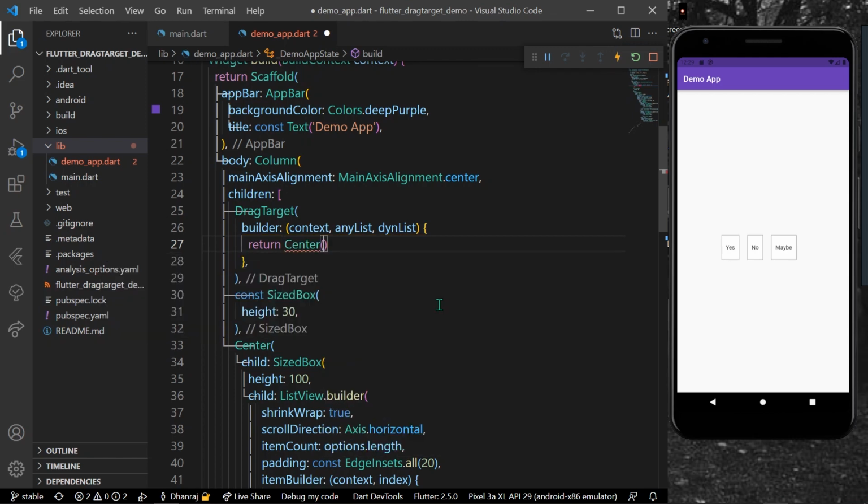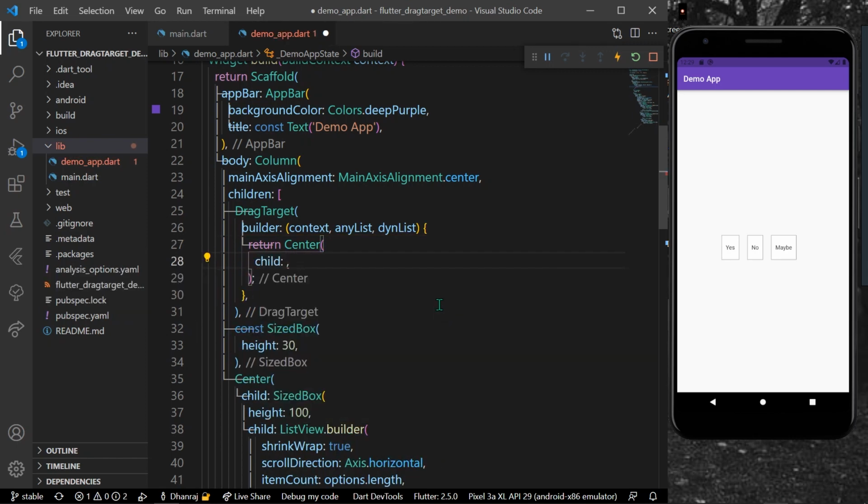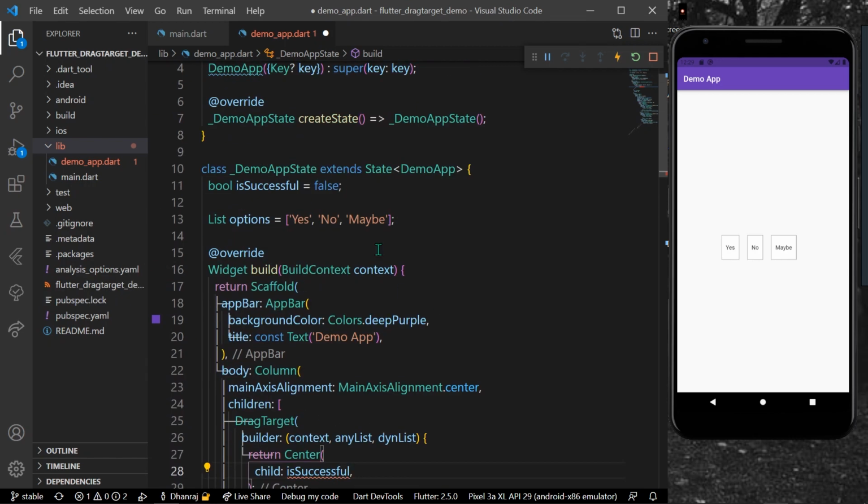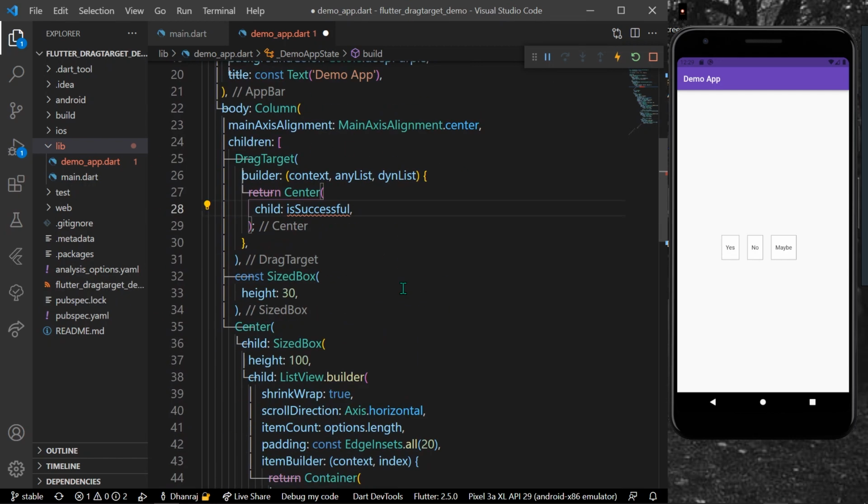So I'll have a Center, and as its child, we'll write if isSuccessful, which we have declared earlier. That is, if it is accepted, we will show a container. Let's write a container first, and else a container.